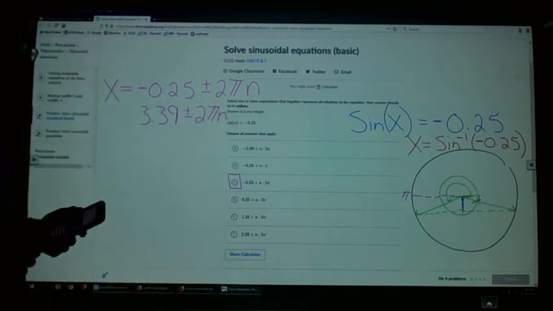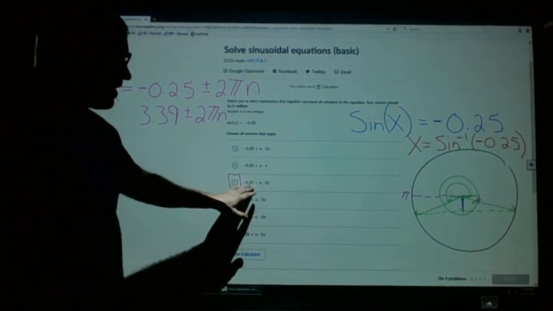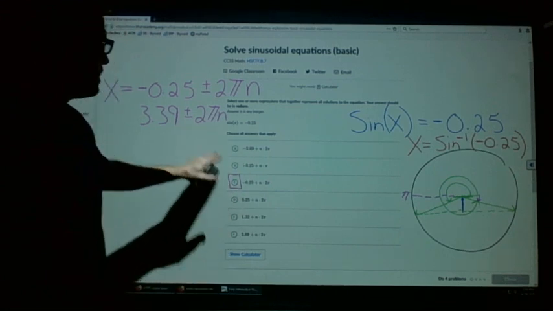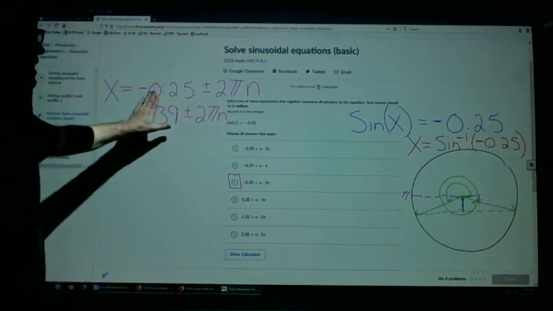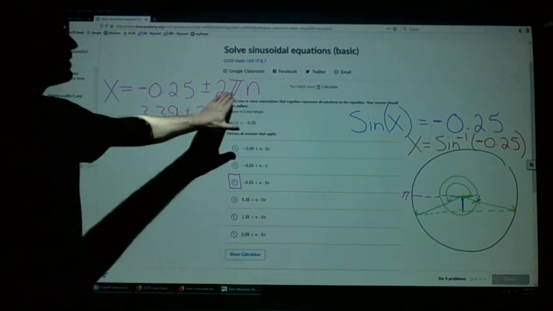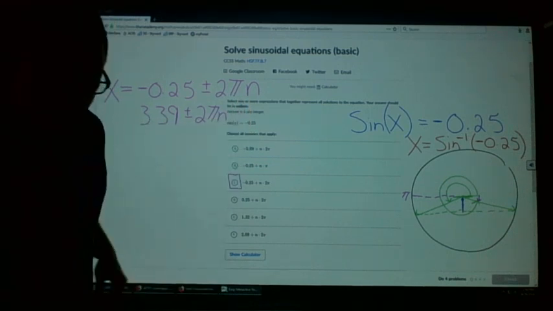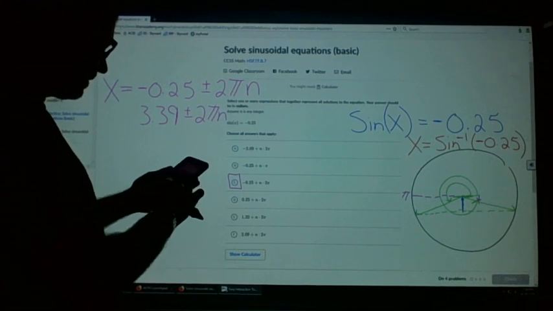But that's not on here. I got this negative angle here and this other negative. Again, it's a spiral. So I can start actually doing this. Negative 0.25 plus or minus 2 pi n. Let's look at that. Let's do a couple. So negative 0.25